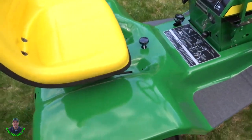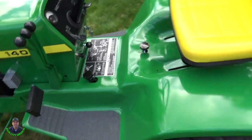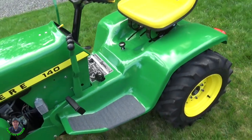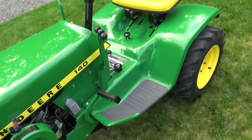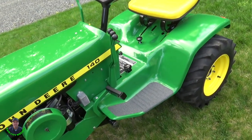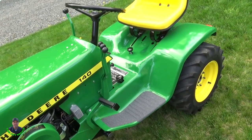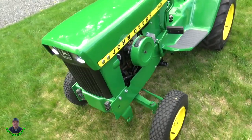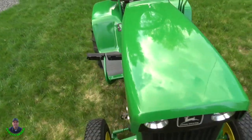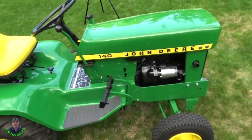Yeah, this thing's borderline museum quality. It's gonna be tough for me to use this thing. I took it up to the neighbors yesterday, and his dad was up there, and he couldn't keep his eyes off it, and he said, man, I wouldn't stick that thing in dirt. I would just putt that thing around, go to the mailbox, just cruise it around, but I would not get that thing dirty. I think he wanted to buy it on the spot, but it ain't for sale. Well, everything's for sale for a price, but